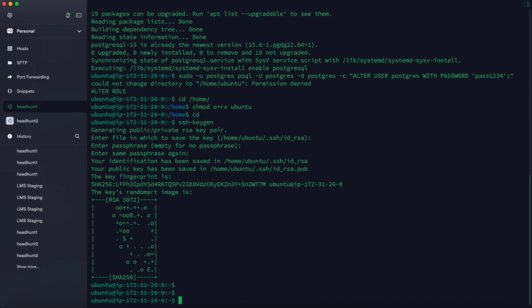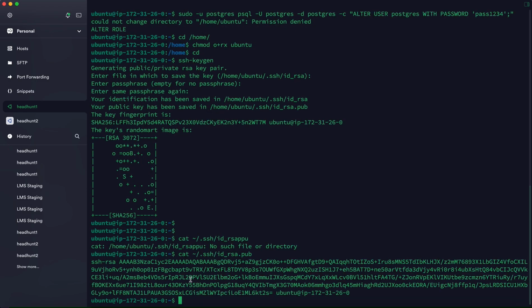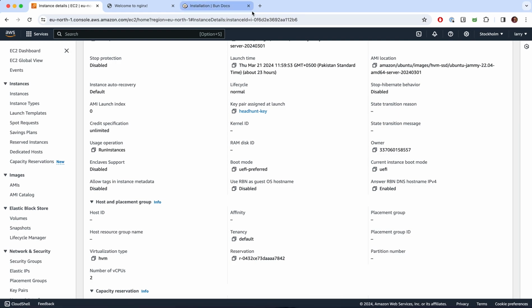So let's hit enter, and now copy the SSH key and add it in the GitHub repo. id_rsa.pub. So let's copy this public key, go to GitHub,